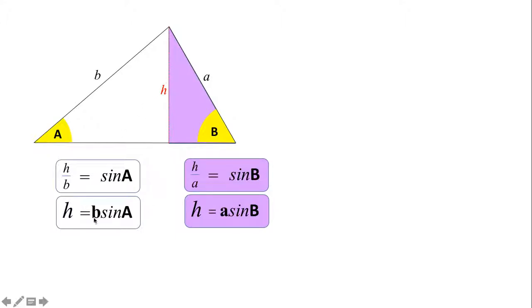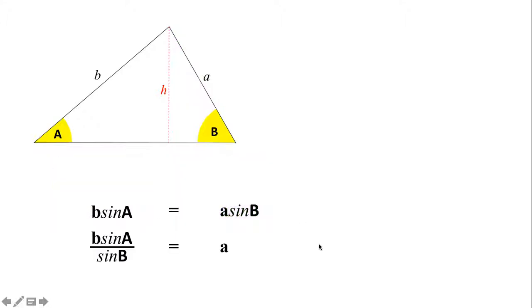So I've worked out the height of the triangle in two different ways. From the right-angled triangle on the left, I got H, the height, is B sine A. But then from the other right-angled triangle on the right, I got H, the height, equals A sine B. So therefore, those things are equal to each other. B sine A is equal to A sine B. And dividing both sides of that by sine B, I get B sine A divided by sine B equals A on its own. And then dividing both sides of that by sine A, I get B over sine B equals